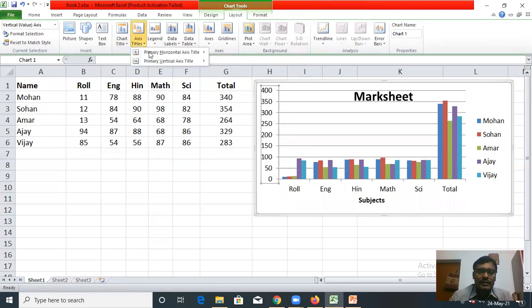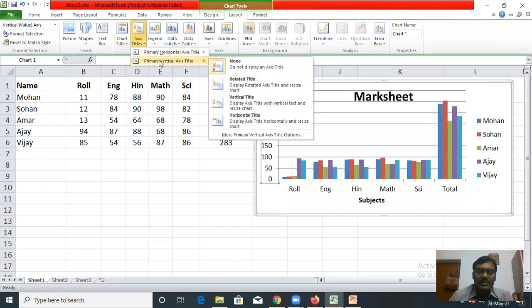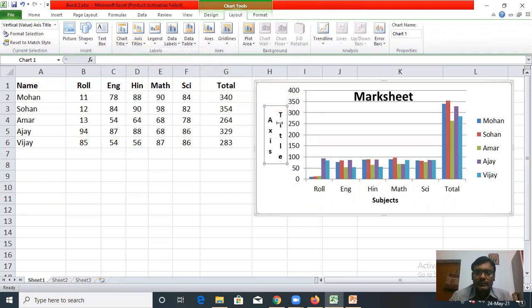You can click on axis, click on primary vertical axis title. Okay, now click on vertical title. You can write here numbers or score.